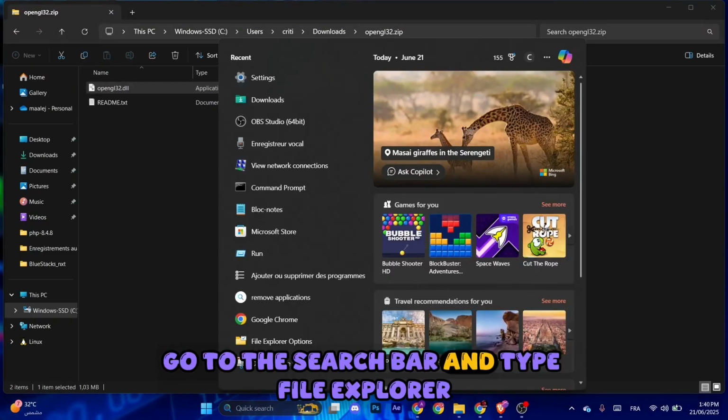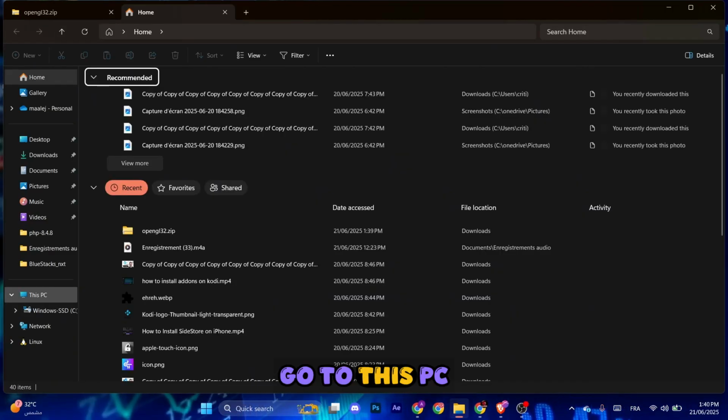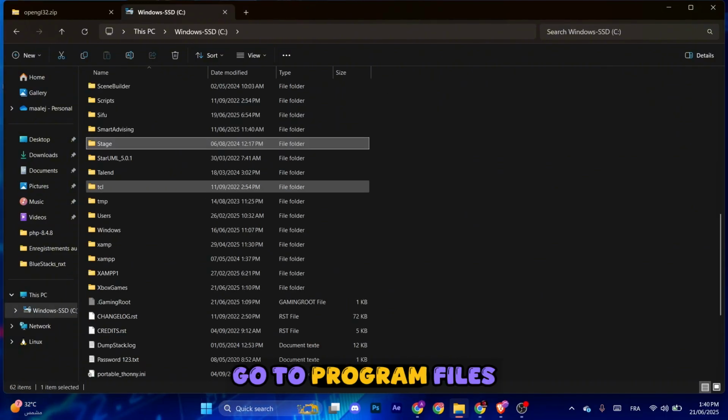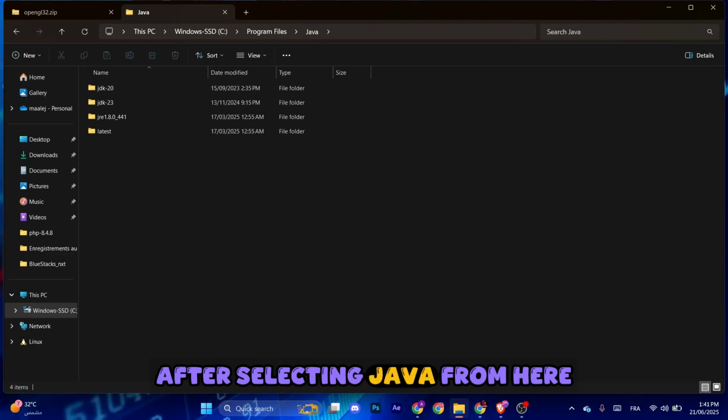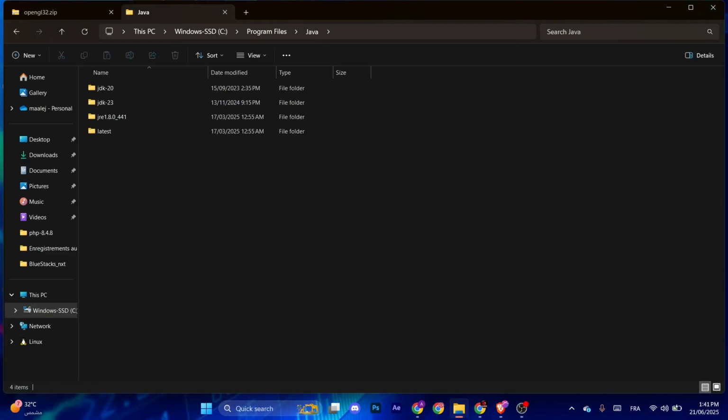Go to the search bar and type File Explorer. Go to This PC, go to the C drive, go to Program Files. After that, search for Java. After selecting Java, from here you will find all the Java versions, so make sure to select the latest one,